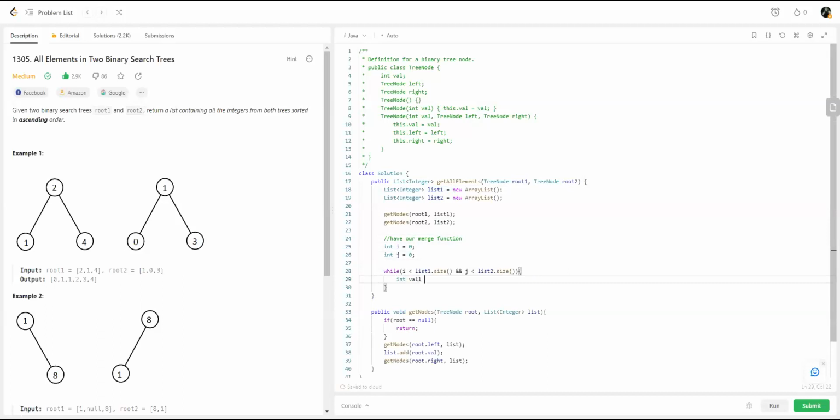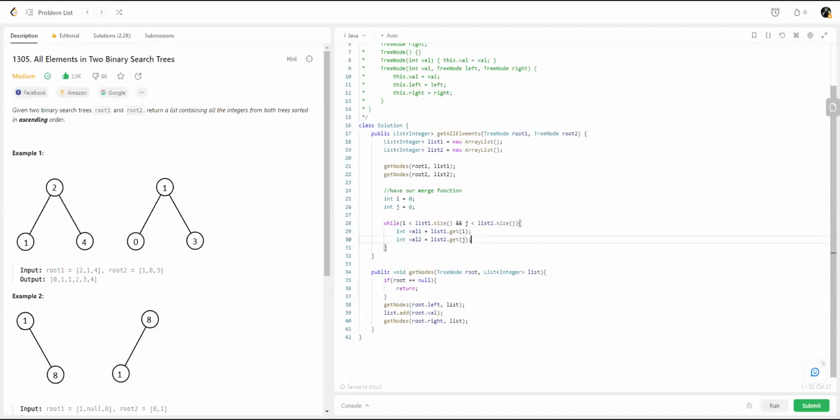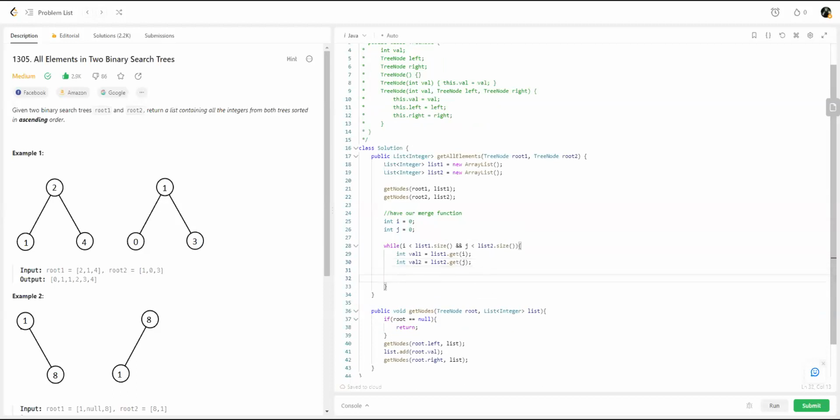So I'll say val1 is equal to list1.get(i), wherever i is, right? And then same thing for val2, right? So excuse me, val2 is list2.get(j). Okay, right. So after that, what are we interested in doing? Now we are keeping the values in val1 and val2. Now we just want to compare both of them, right? So we say that if val1 is less than val2, then we want to put val1